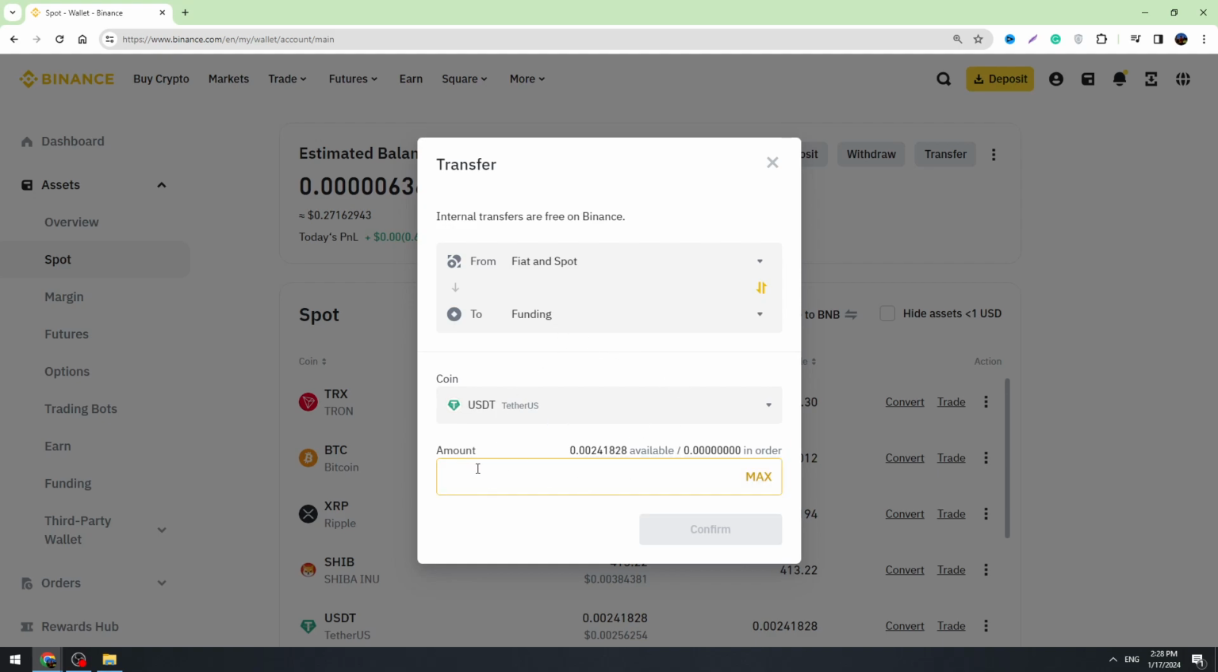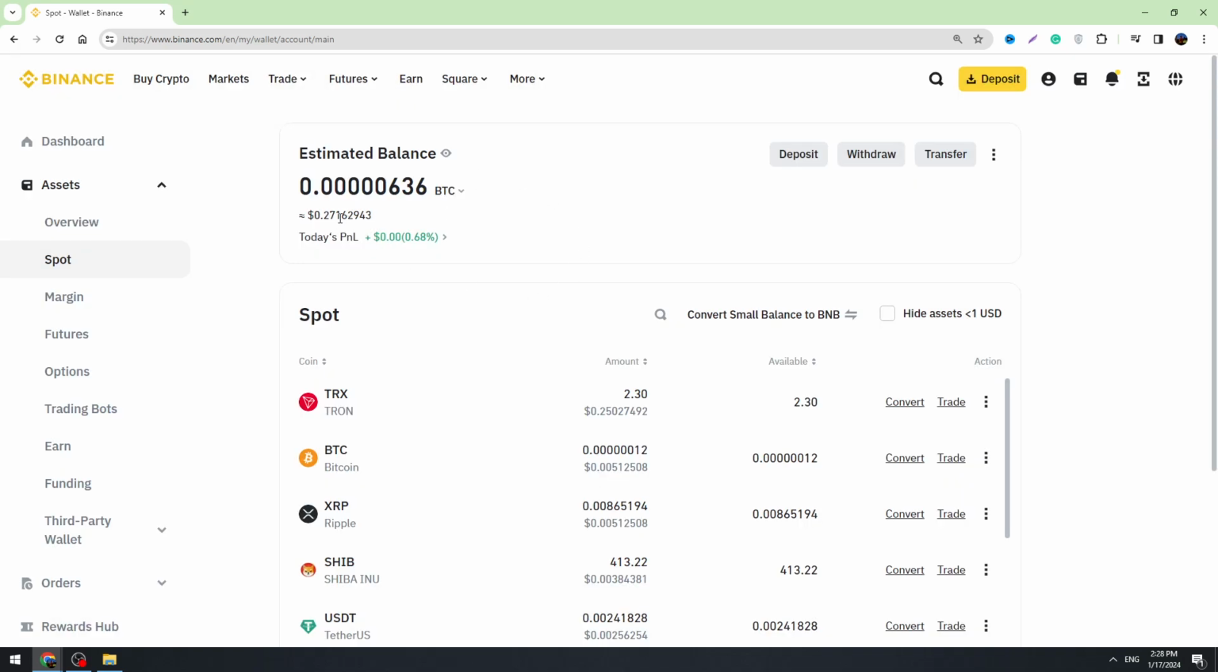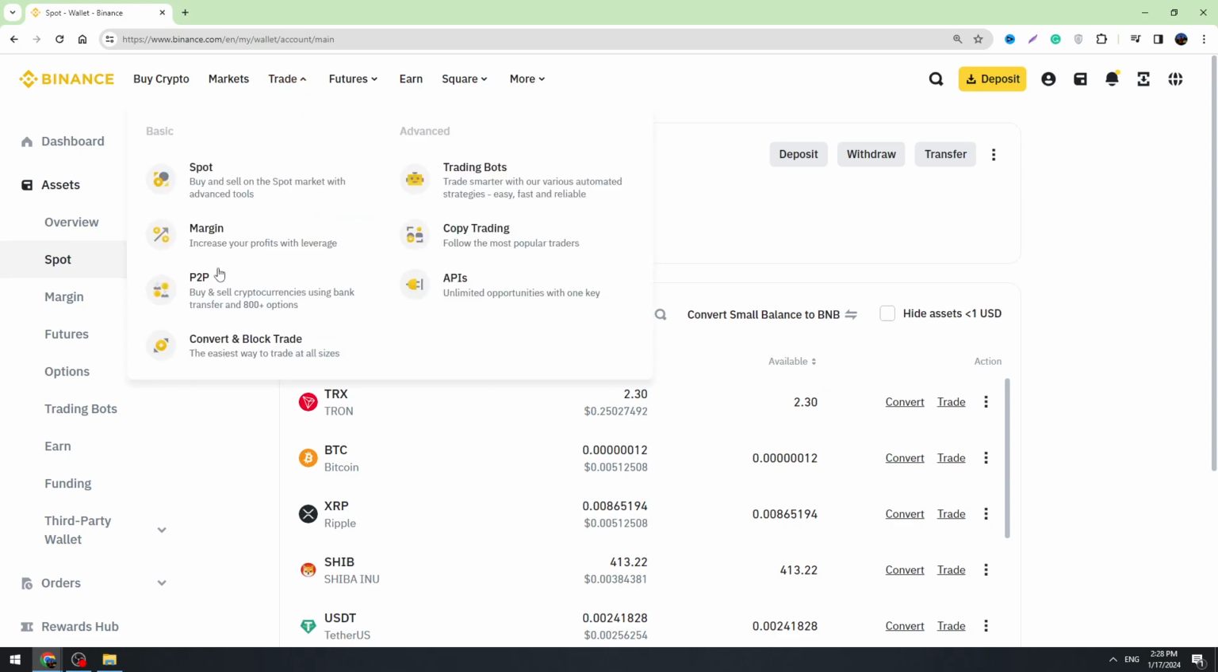Here you need to enter the amount of USDT you're going to send to your funding address, guys. So you need to select the amount of USDT you're going to send to your bank account, and then you need to click the confirm button right here. So once you transfer your USDT to the funding address, then you can go to the trade, go to the P2P,